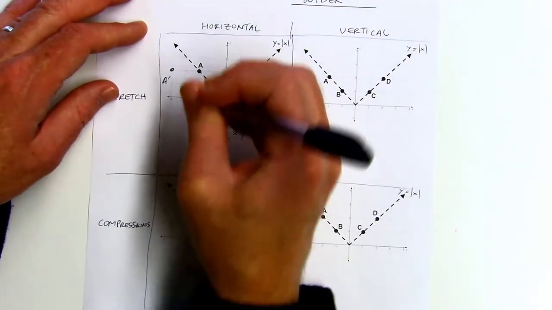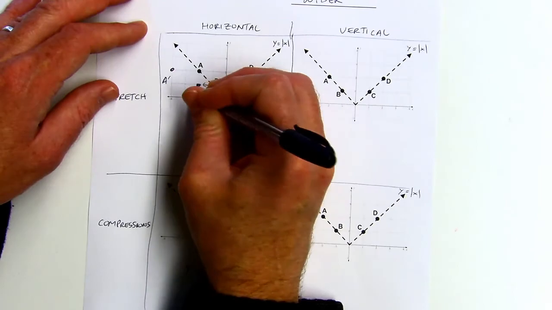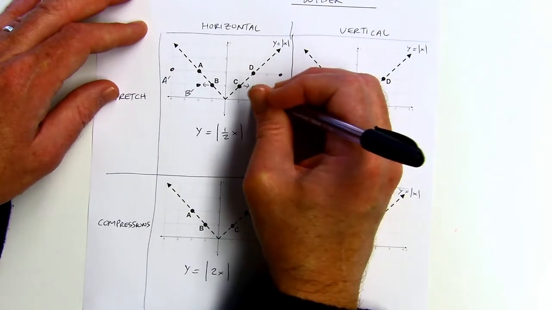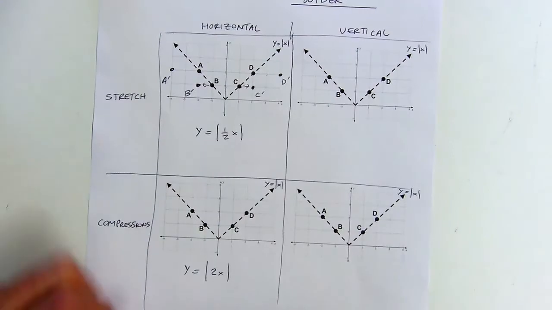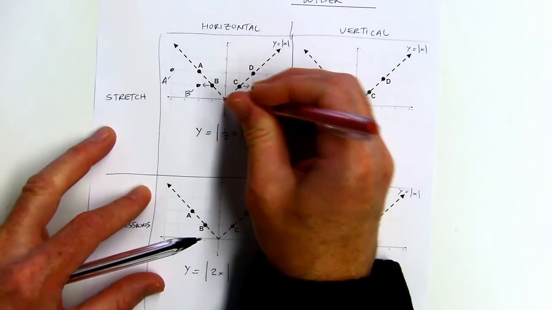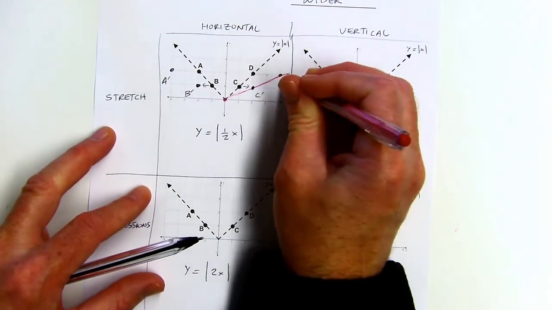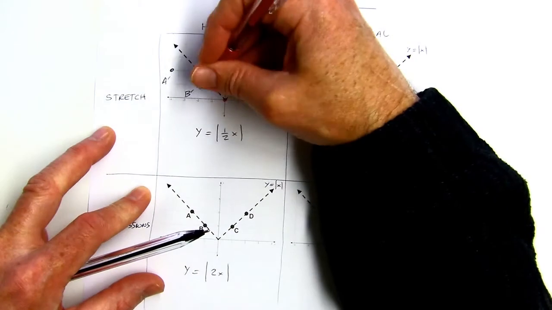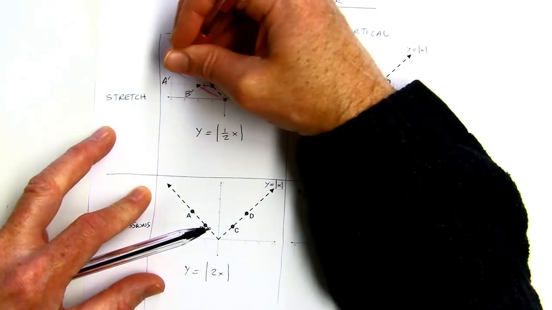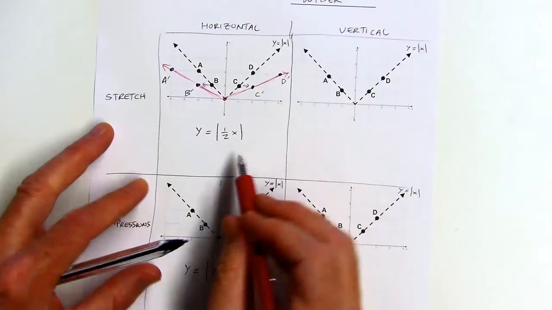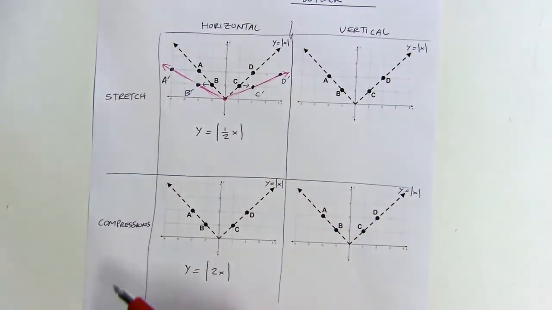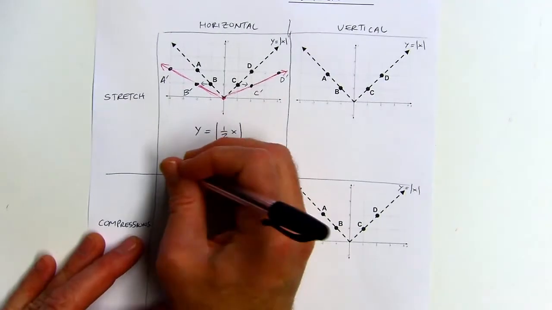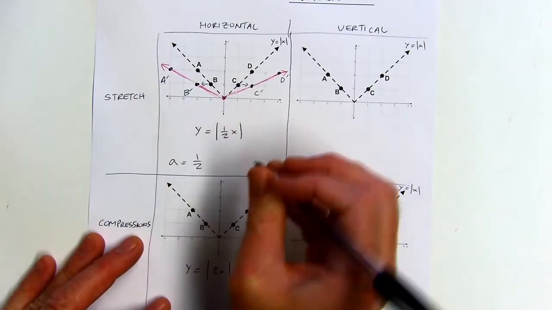So I'll call this A prime because that's my A after the transformation. And there's all the prime points, okay? So if you draw this in now, and the vertex is going to stay in the same place, but if you draw it in, it would look something like this, okay? And so I doubled those distances because this was 1/2. If it was 1/3, I would have tripled the distance from the center, or if it was 1/7, I'd multiply by 7, okay? So here my a value is 1/2, and the factor